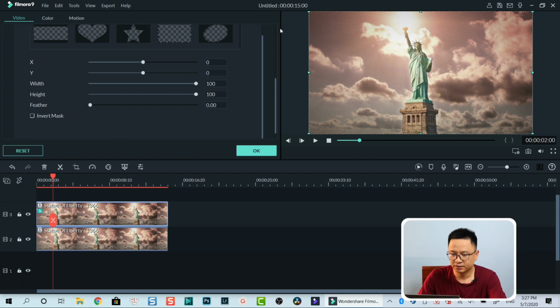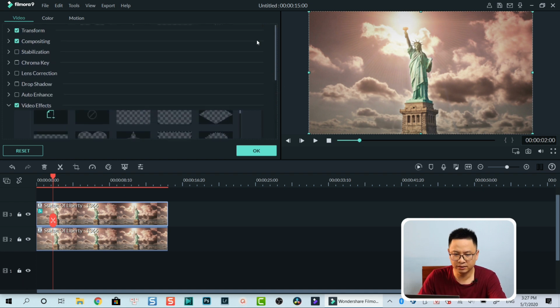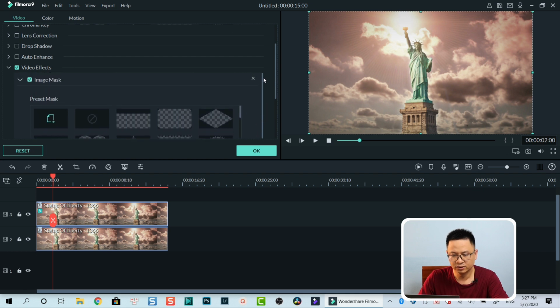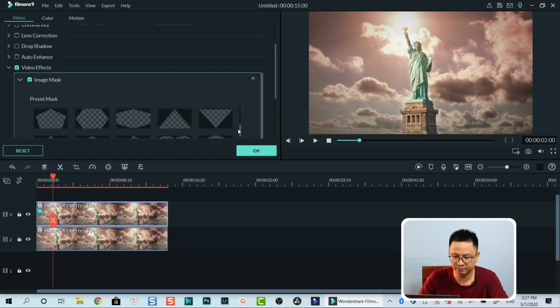When you double click on the track, you have video, color, and motion. Then you go to video, and you see that there's a video effect in this clip, so it is already checked. We scroll down a little bit here, and we see that there's an image mask here. Now we need to change the shape of the mask to cover around him. So let's select a mask here,